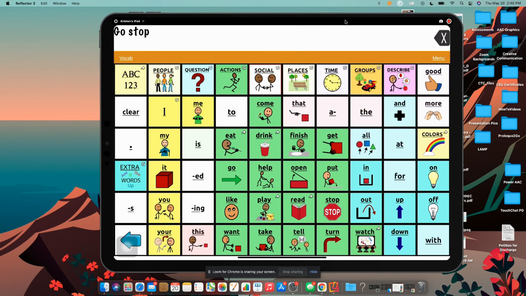One last thing I want to mention, when you do increase the button margin, your buttons get smaller. So you will want to make sure that your student or client is still able to access